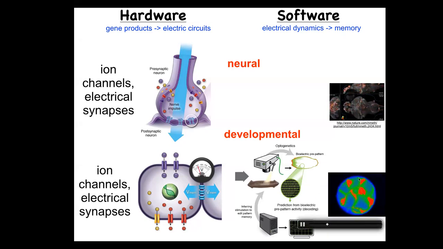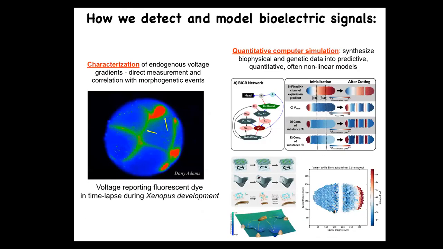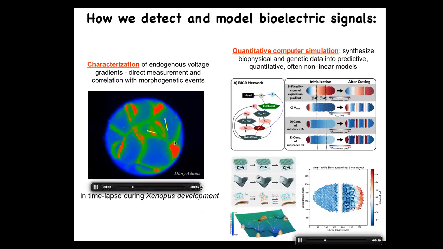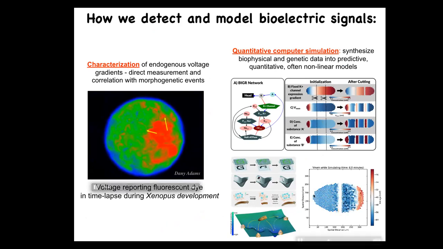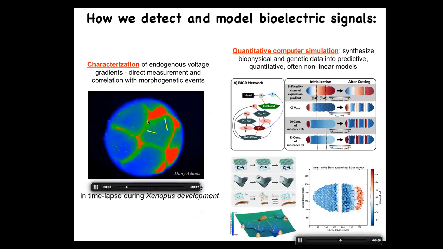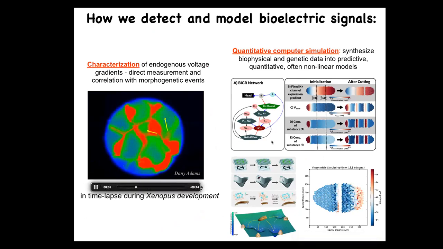So what you might do is try to do a kind of decoding project on morphogenesis. You might say, we'll use the same techniques. We'll understand what the network is doing electrically, and could we extract from that information that will help us understand and control how these things move through morphospace. So we developed the first tools to do that away from neurons. This is a voltage sensitive dye showing in a time lapse all the electrical conversations that cells in a frog embryo are having with each other as it sorts out who's going to be left, right, anterior, posterior, and so on. We've developed lots of computational tools, including simulators, to understand how these bioelectrical gradients form and what the dynamics are going to be.